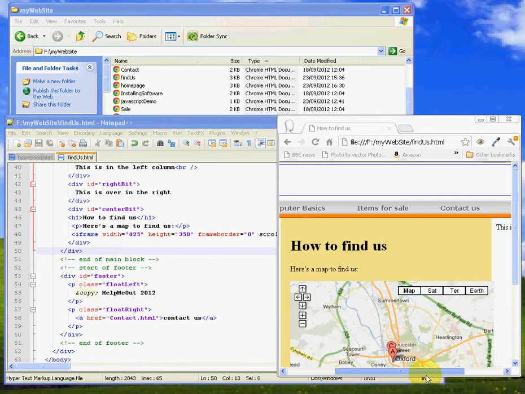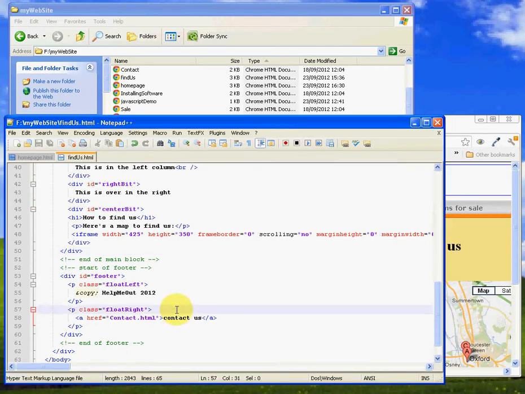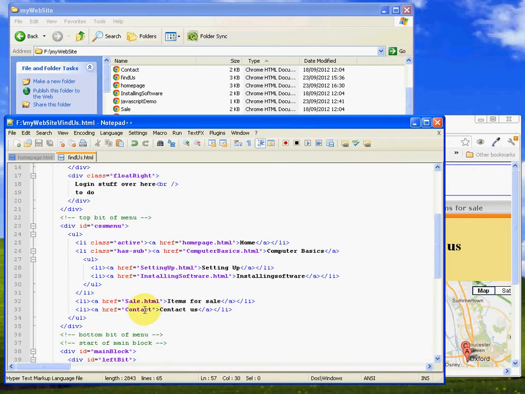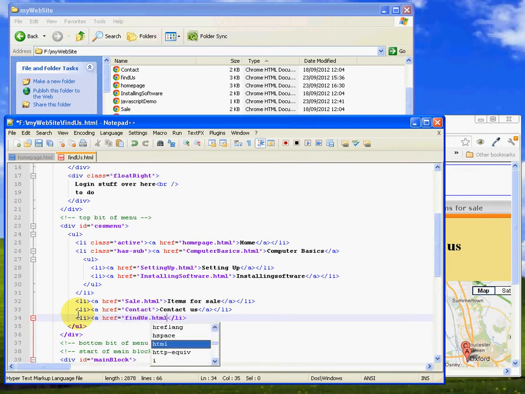Now, the thing is, if you look at the menu at the top here, find us doesn't appear. So what I've got to do is add find us to the menu, but I've got to add it to the menu on every single page. Well, if you've got several hundred pages, that's going to take forever. If I have find us on here, and I want to put another little list item, and then I do a href equals find us.html, find us.html,